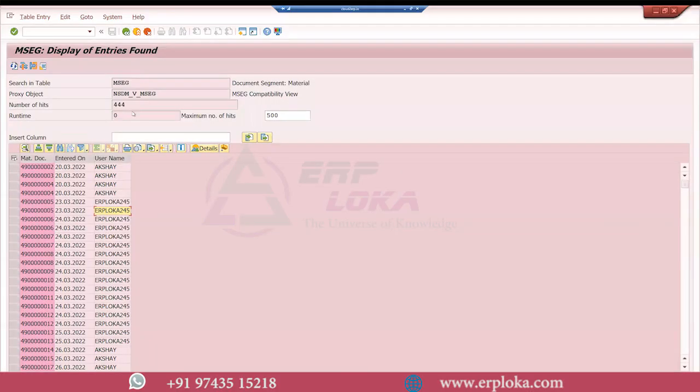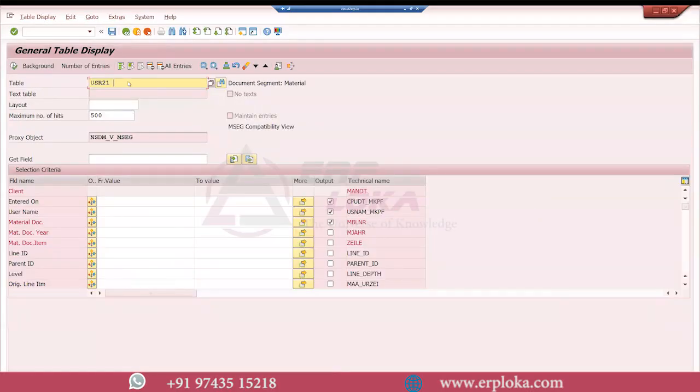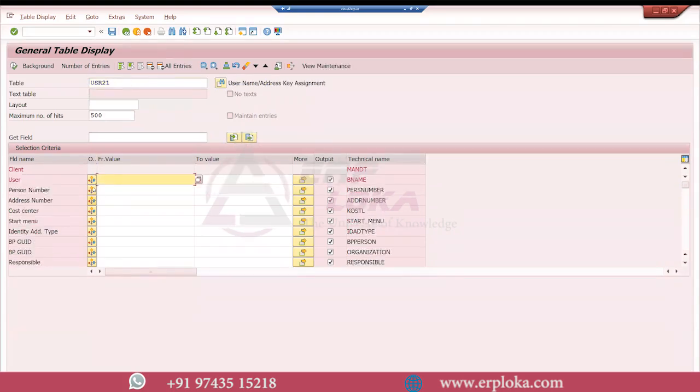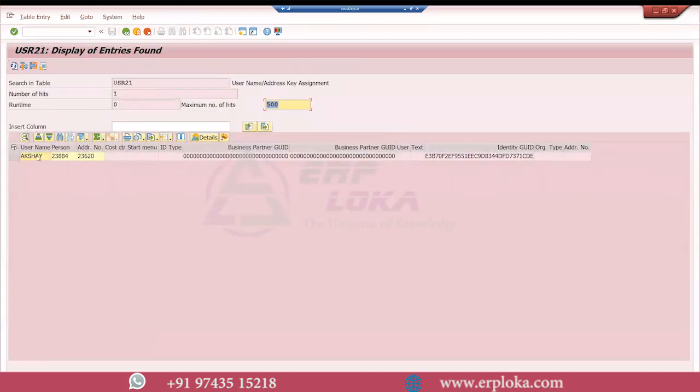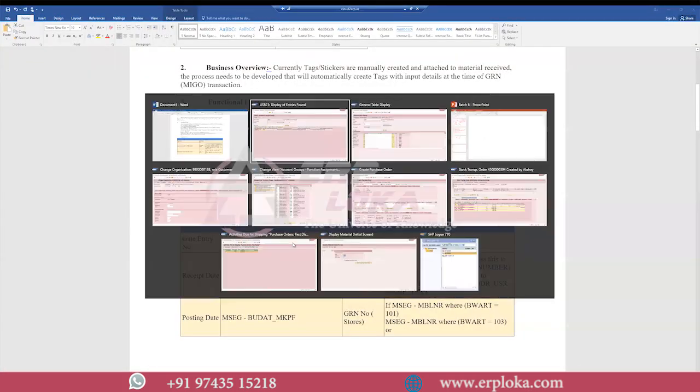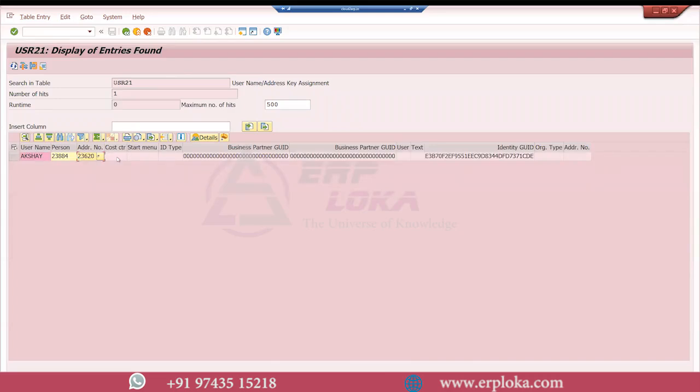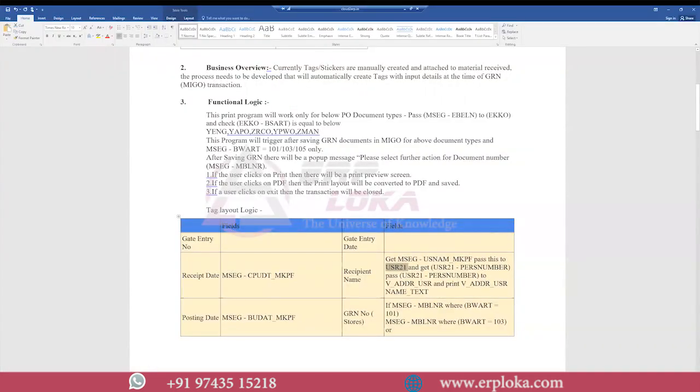USR21 is the table, I think. Here, USR is a table. So I'm going to put the username here, like Akshay, and execute. From this I get the person name. Keeping this person name or address name, I can get the email ID or the name of the employee. So to get that, I take this address ID or the person name and pass that to the